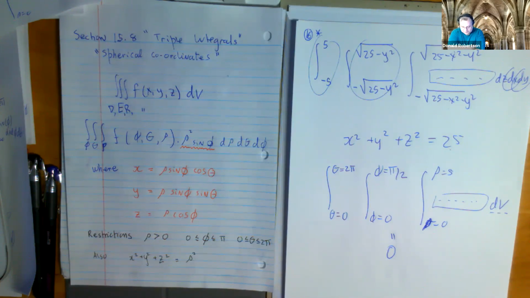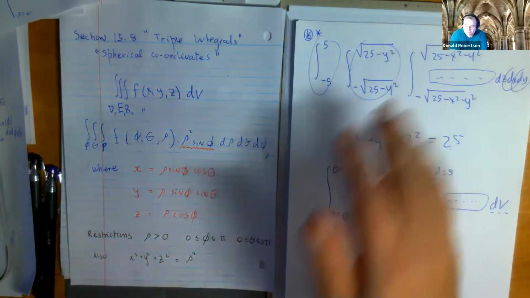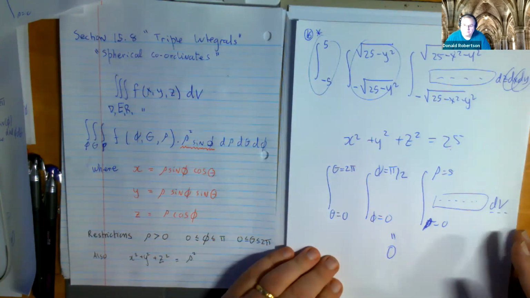Evidently, the answer is going to be 0. Well, all that tells me is that this triple integral doesn't represent a volume. Not all triple integrals do. Maybe it's representing the total energy in something, and 0 means the whole thing's balanced. How would that